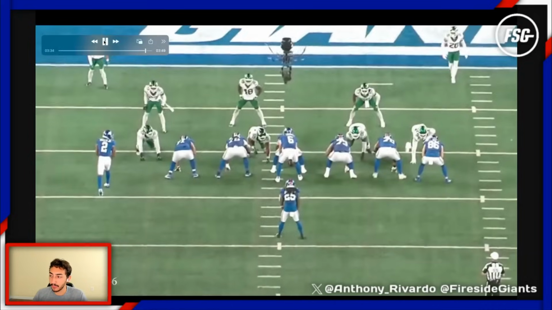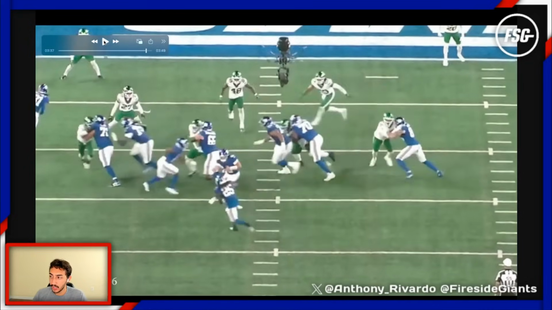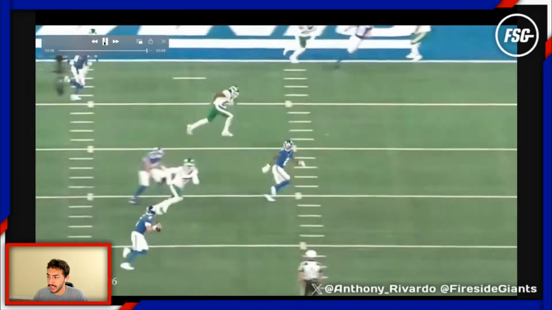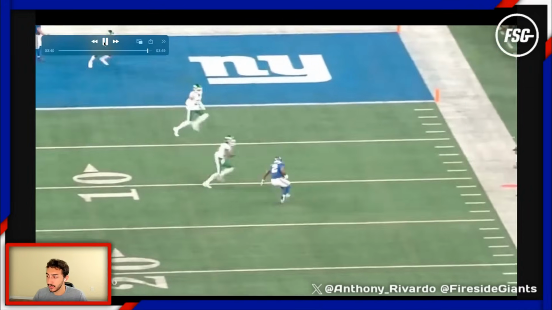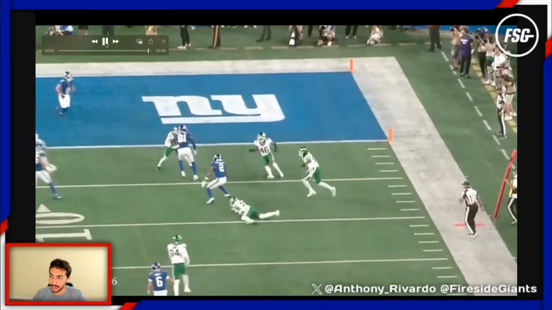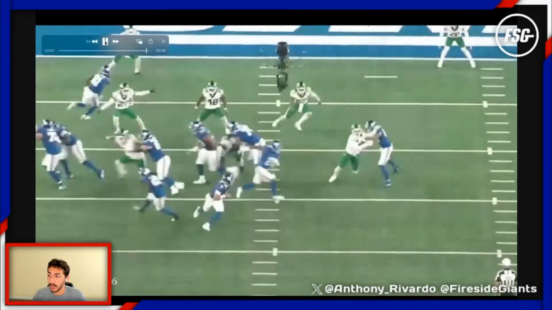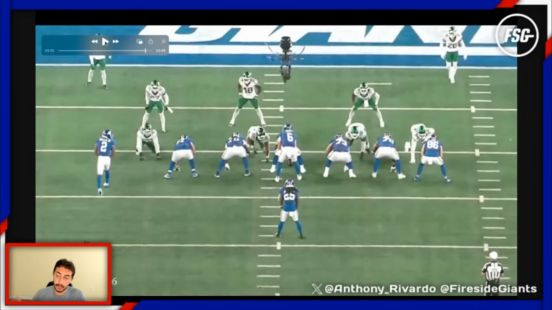Look at how dynamic your receivers can be after the catch when you get them the ball in stride. So once again, looking from the tight angle, the play fake here, look at how far out of position that linebacker now is. And then you've got this little underneath route into the flat. Just hit him in stride, let him turn upfield, and watch what Antoine Wells Jr. can do. So a really nice play design once again there